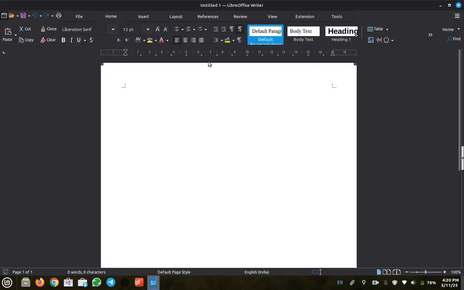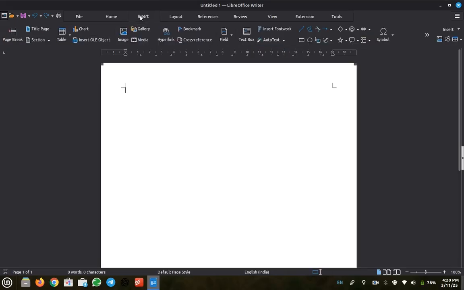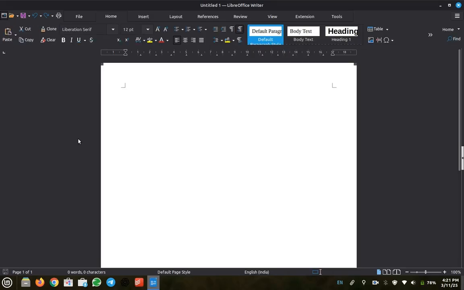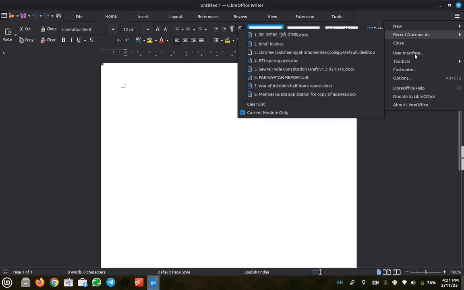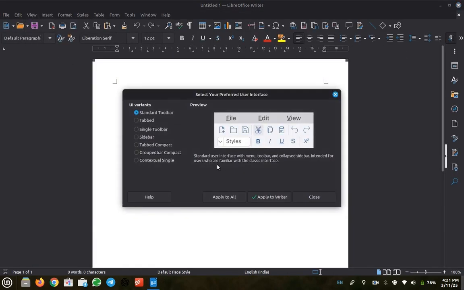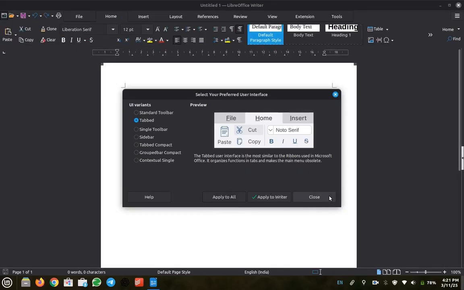It's the same format as Microsoft Office. So now you can insert a title, sections and everything. When a user of Microsoft services wants to use LibreOffice, they should first go to View, User Interface, then Tabbed, then Apply to All.